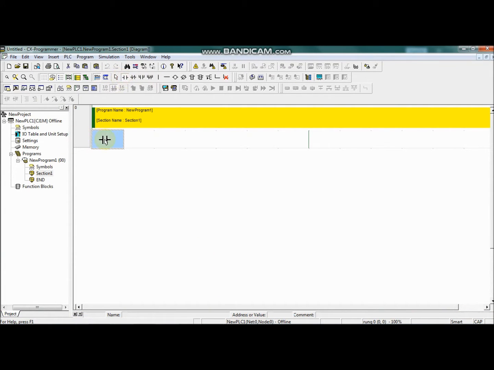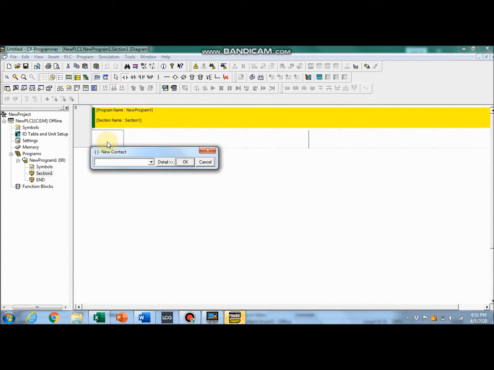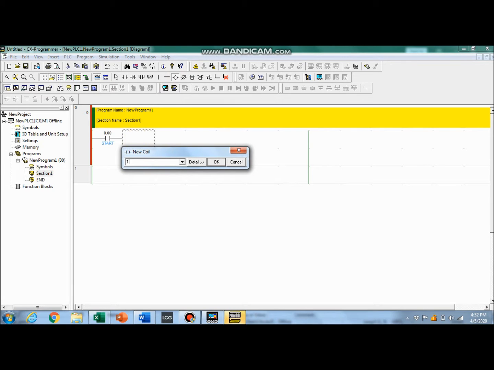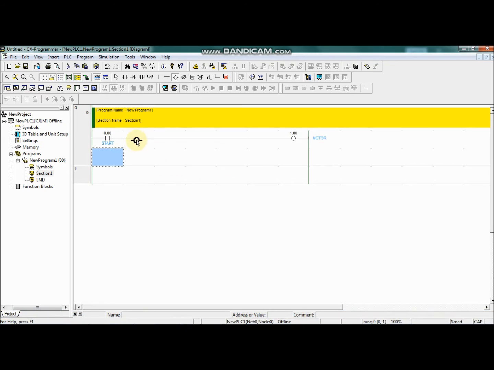For the first one, we have the start button, which is address 0.0 start, and then we have the motor, which is 1.00. If we press the start button, the motor will turn on. But for latching, after we start and then release the start, the motor should still be running.